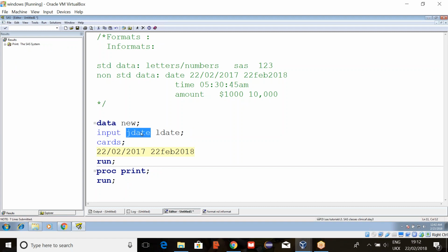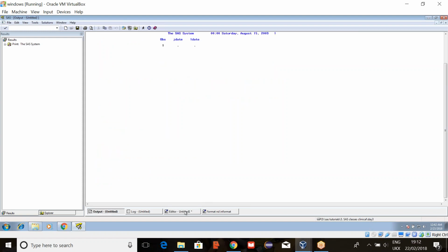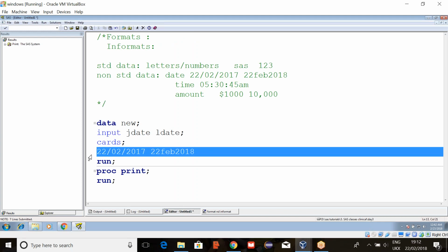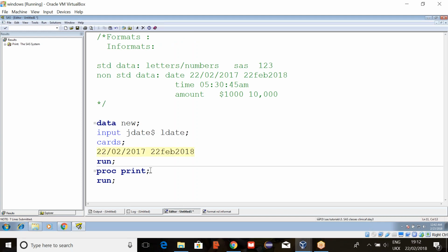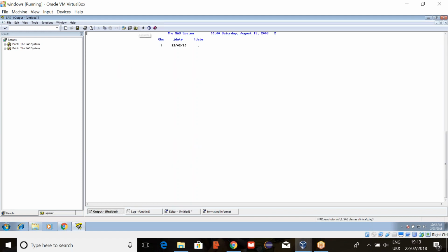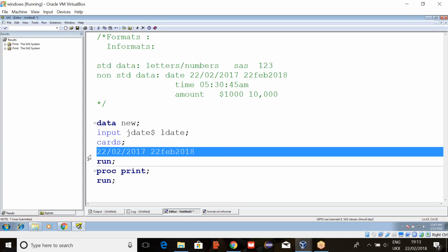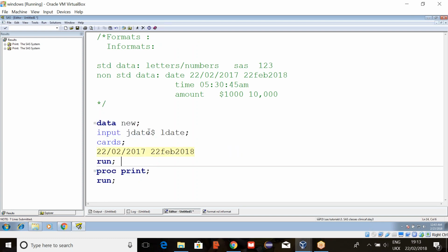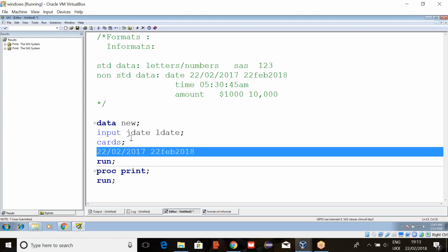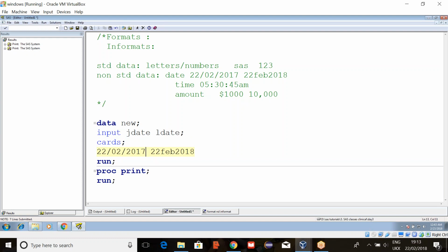It's numeric. But can a numeric variable read all special characters and letters? No, a numeric variable can read only numbers, but here special characters and letters are there. So it will take a missing value. But if you want to read this, we can declare it as a character variable. As a character variable, it will read the first 8 characters. If you want, we can increase the length. But can we perform calculations by using a character variable? No. So now I want to read them as numeric values, but how to read?